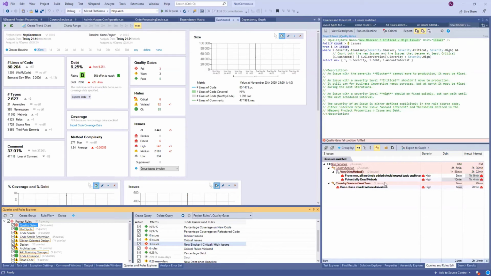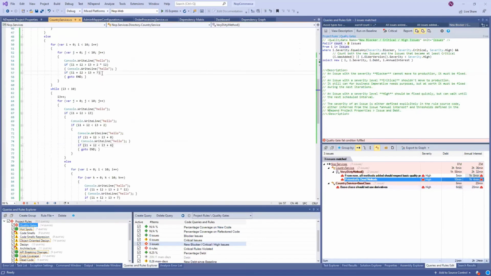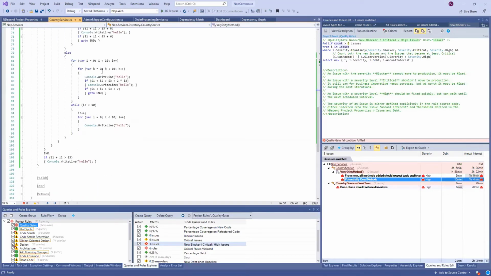So typically, because I wrote these new dirty methods, the build is going to fail, no matter if it is in TeamCity, Azure DevOps, Jenkins, or whatever you want. It's going to fail, and for that you have this quality gate.